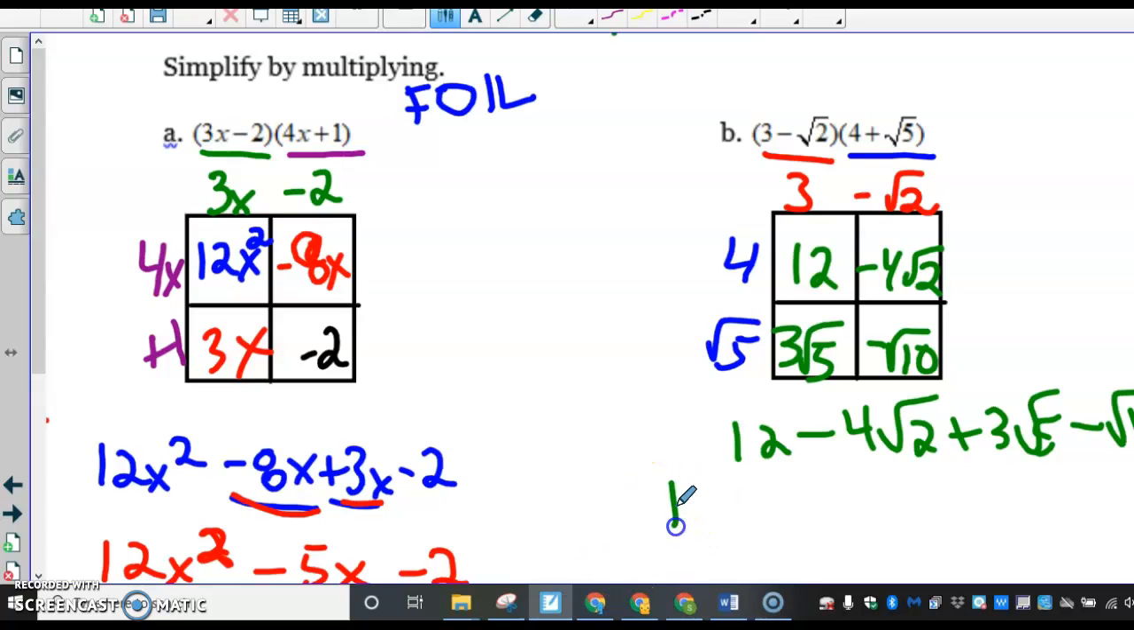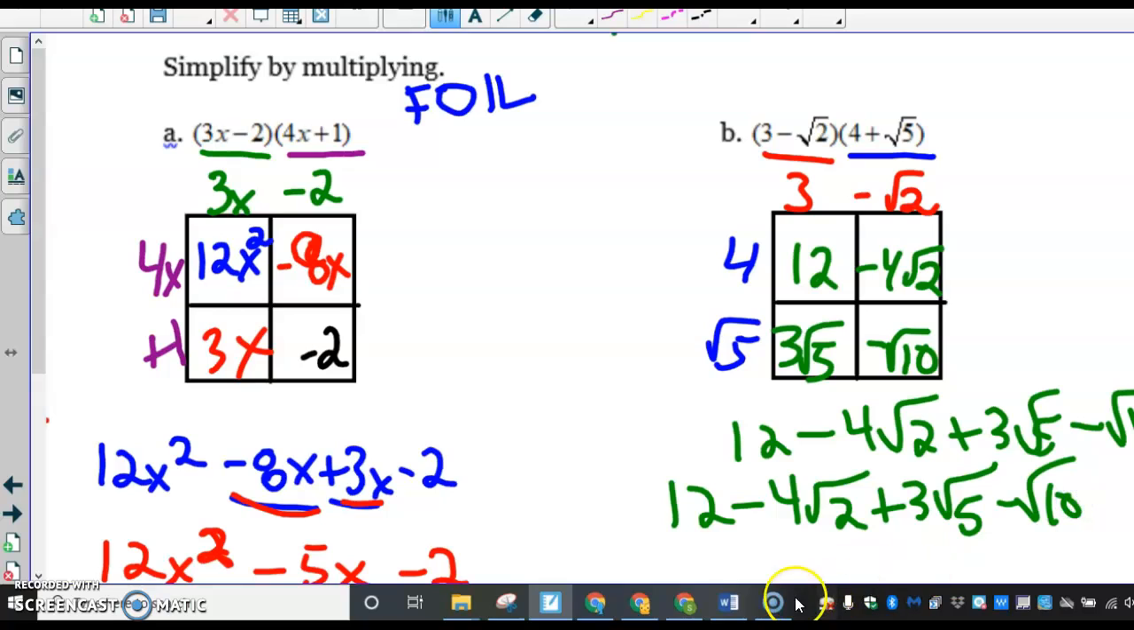12 minus 4 root 2 plus 3 root 5 minus root 10. Yep, so here's your final answer right here. Okay? Hopefully this helps. I'm going to do one more video to help with a